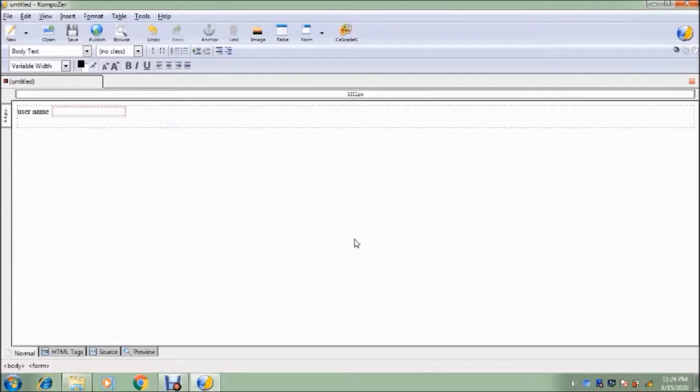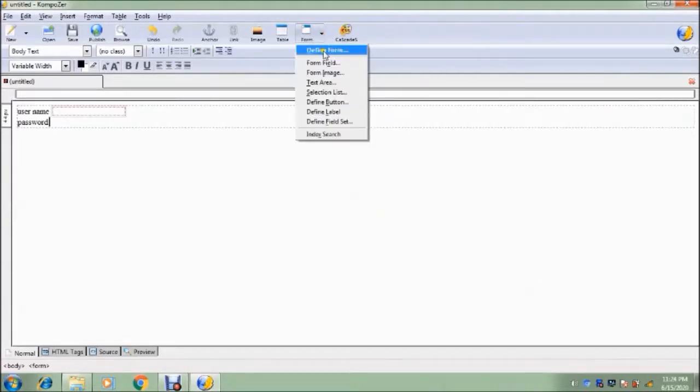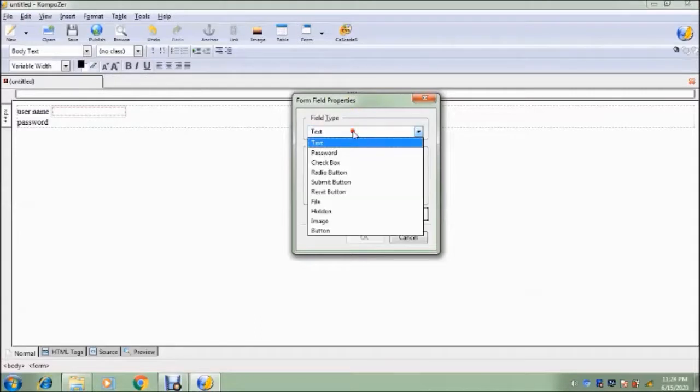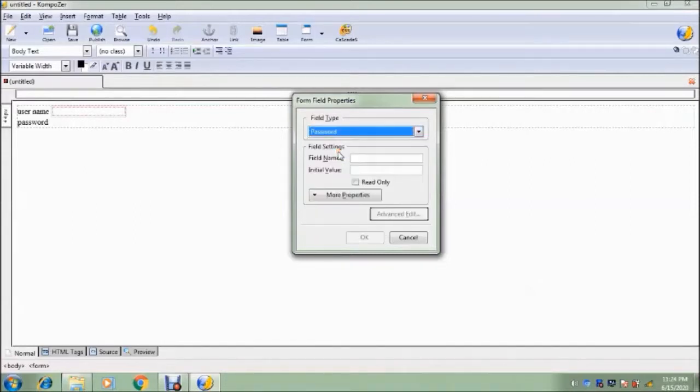Now after the username, generally the next one is password. Okay, password box is there. For that purpose again go to the form element, click form field, and here by default it is text. Instead of that change to password. Here you can see all the fields available. First select the password. Again, name is compulsory.